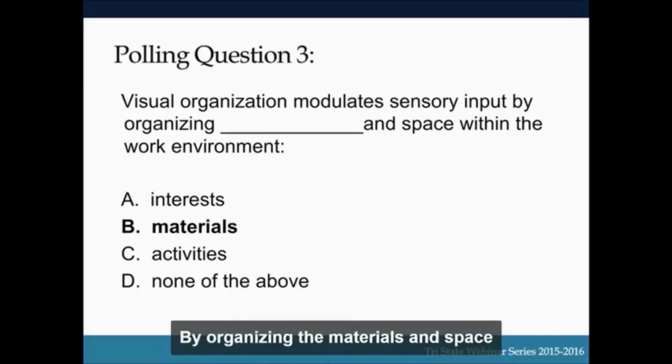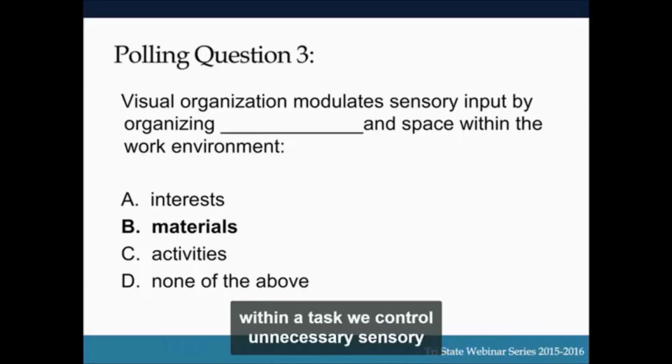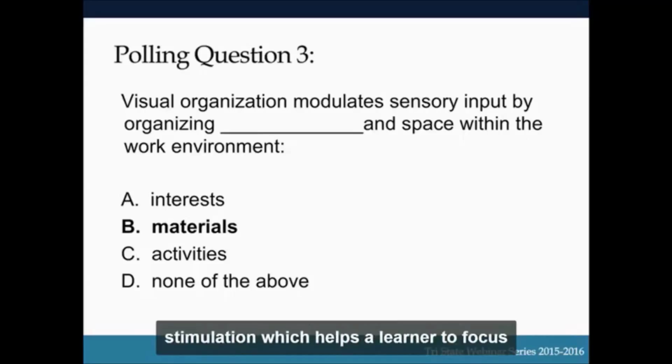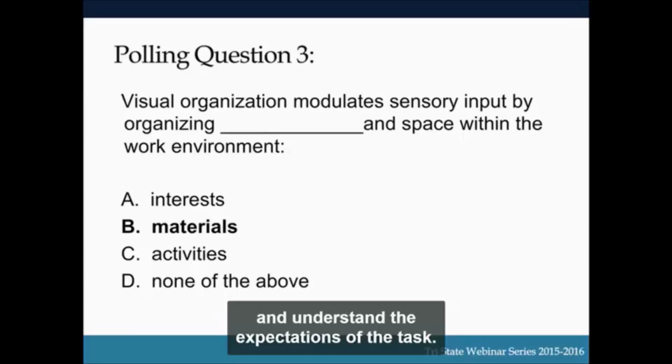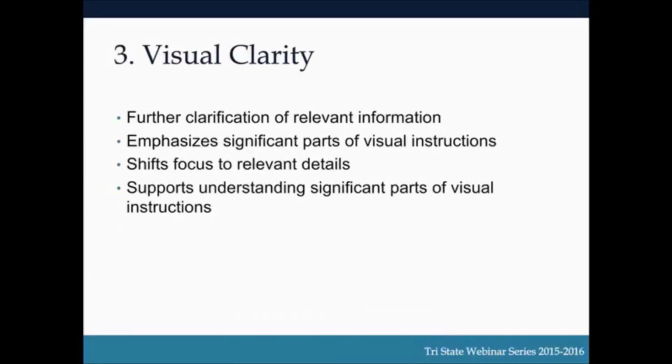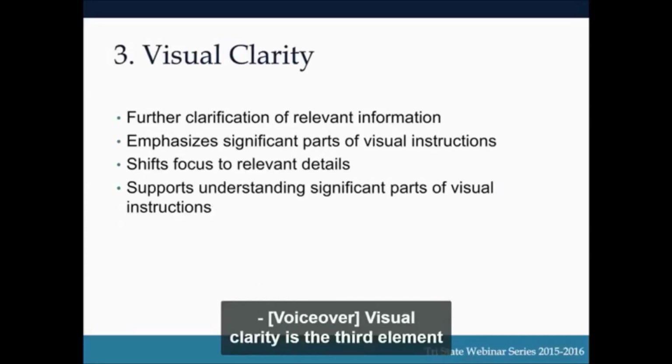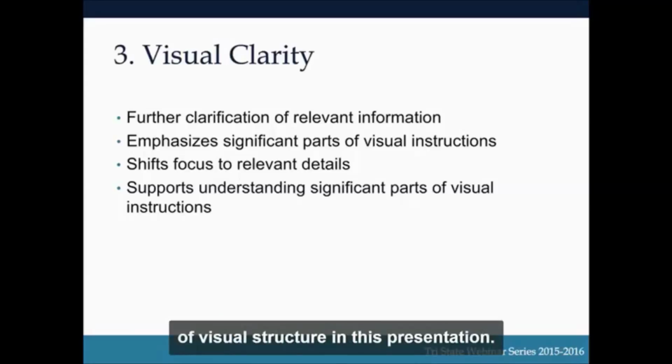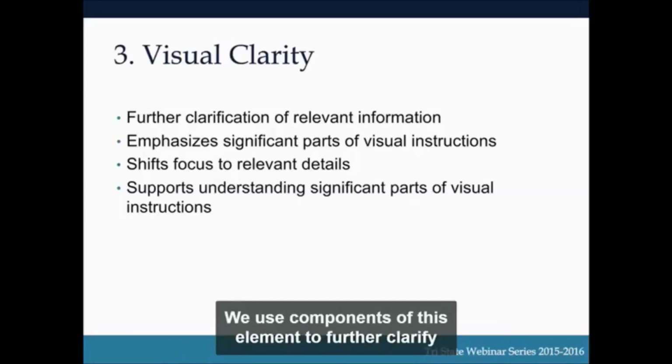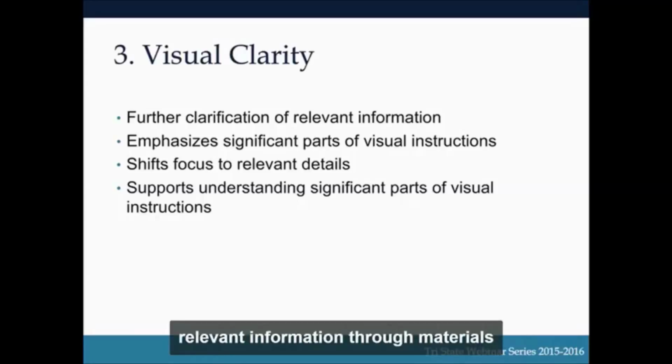By organizing the materials and space within a task, we control unnecessary sensory stimulation, which helps the learner to focus and understand the expectations of the task. Visual clarity is the third element of visual structure in this presentation. We use components of this element to further clarify relevant information through materials,